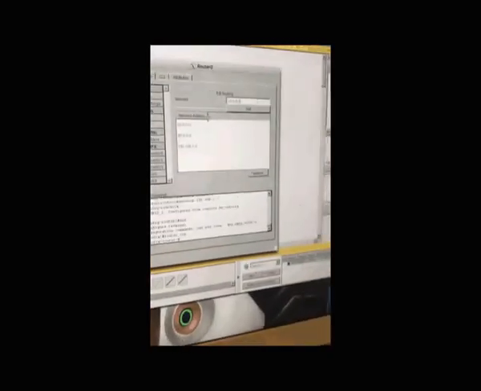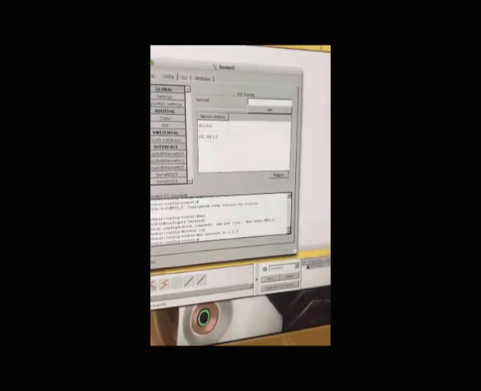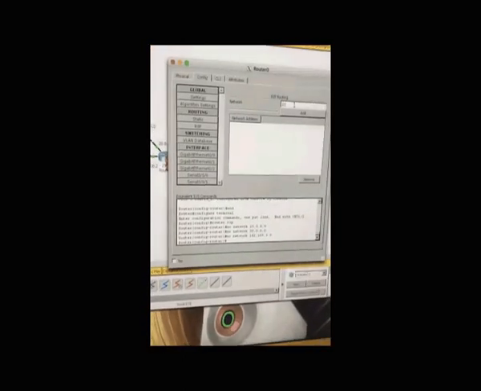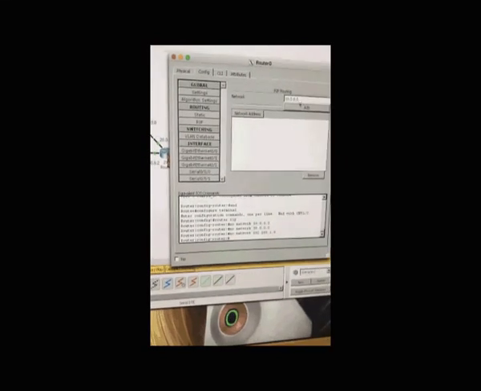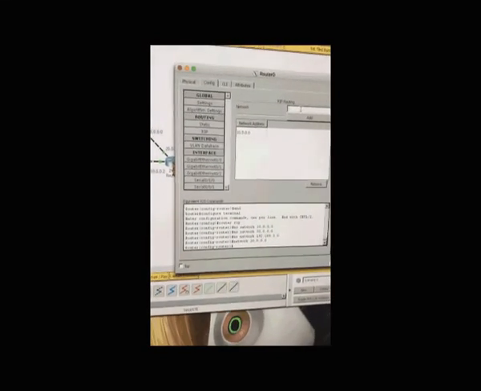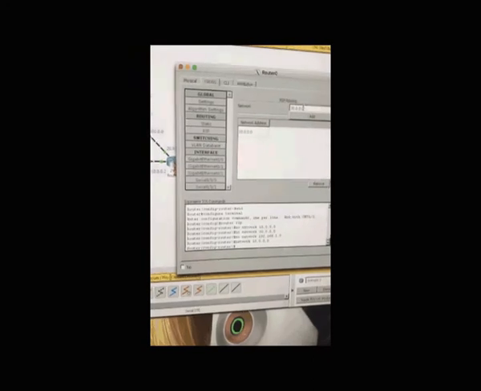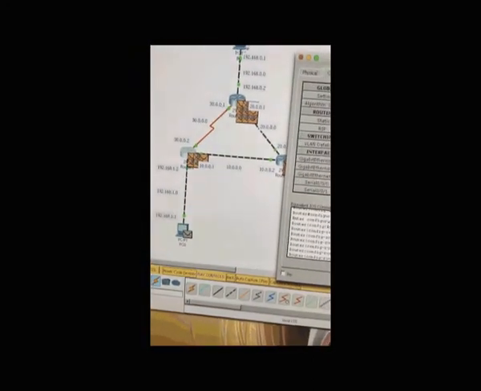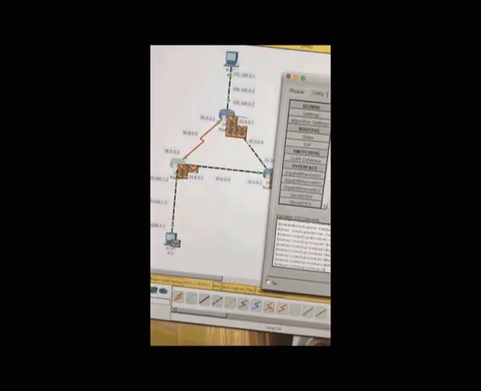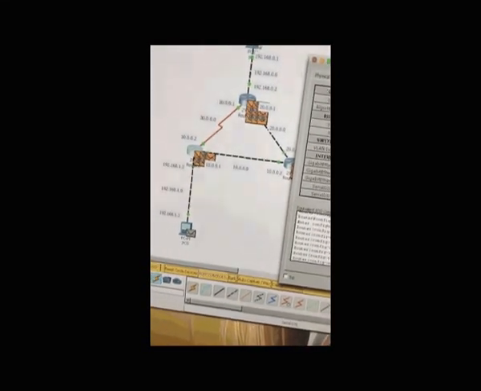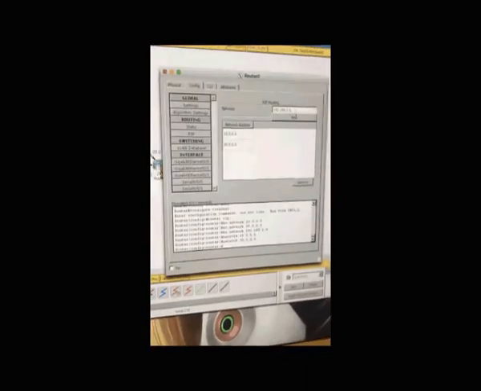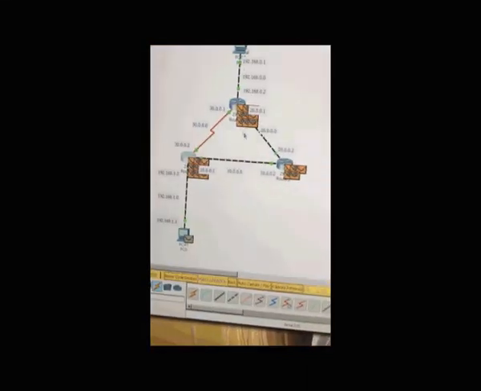You put 10.0.0.0 and remove it first. Edit 10.0.0.0, and then it's 30, and another one is 192.169.1.0, and edit it. So you can see all 3 routers have the message, and when I